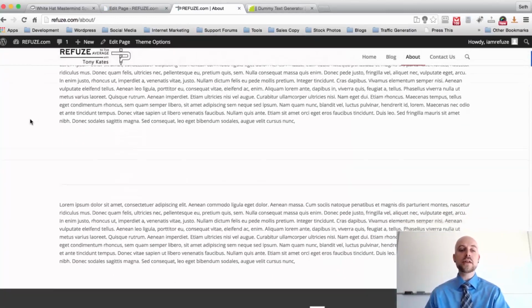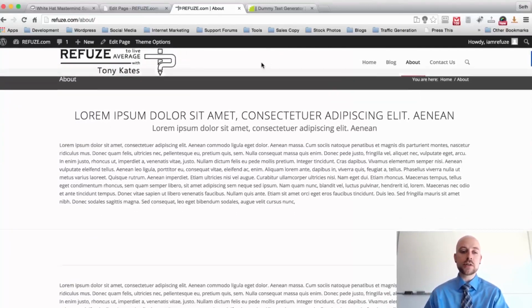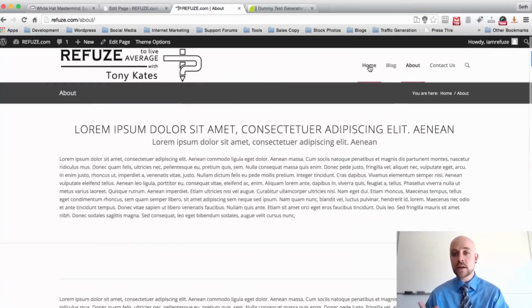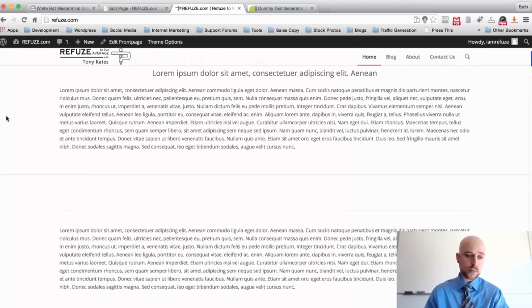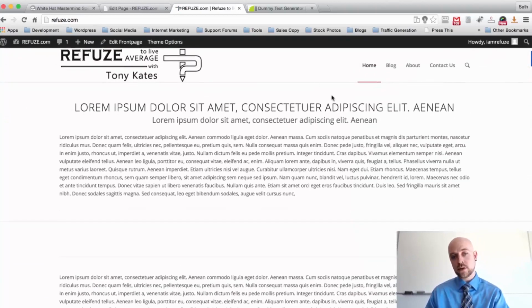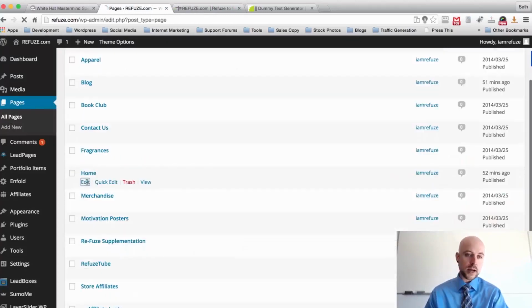So as you can see, we now have a little more content that we can kind of work with for the color section, okay? And I really want to show you how to make these color sections look good, okay? So if we scroll back over to the home page, what I'm going to do is use one of these sections as an alternate background color and then one as a main content area, okay? So if we scroll back and go to the home page, click on Edit,